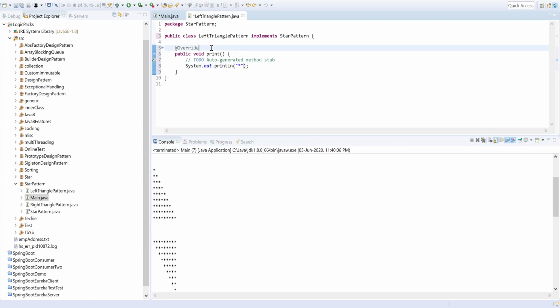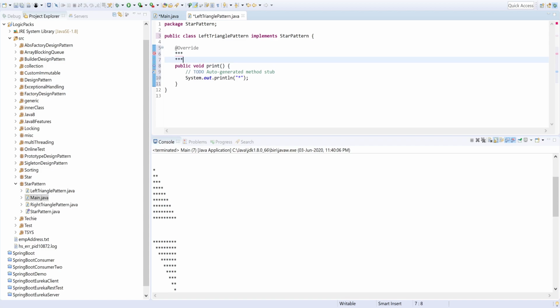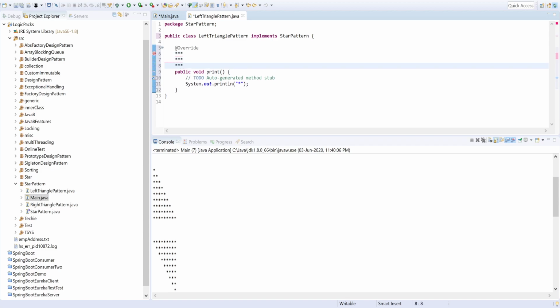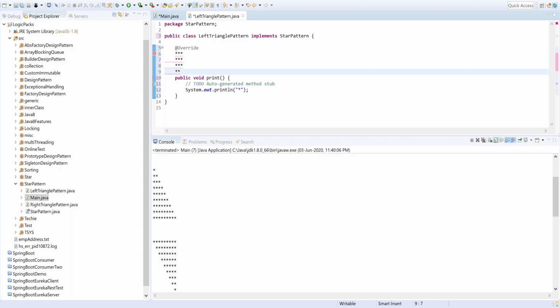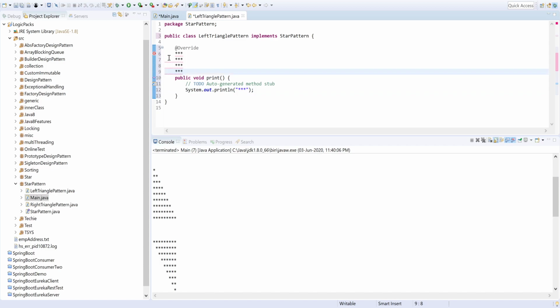Suppose, leaving this triangle as it is, you have to print 3 stars, then 3 stars, then 3 stars, then 3 stars. How would you do that? For the first line you can simply print 3 stars. But there are unlimited lines here, so somewhere you have to loop over the lines so that all the lines are printed.